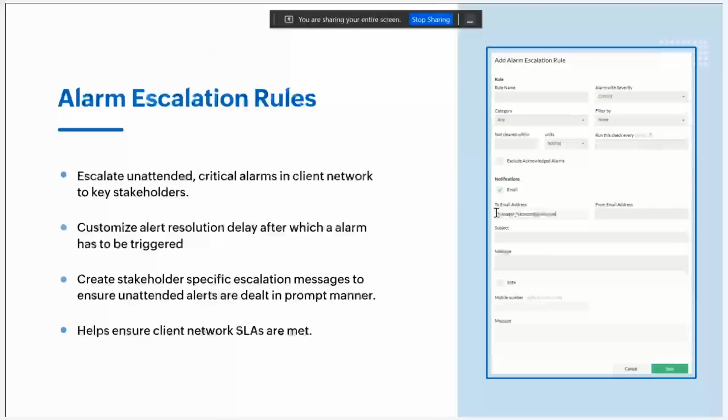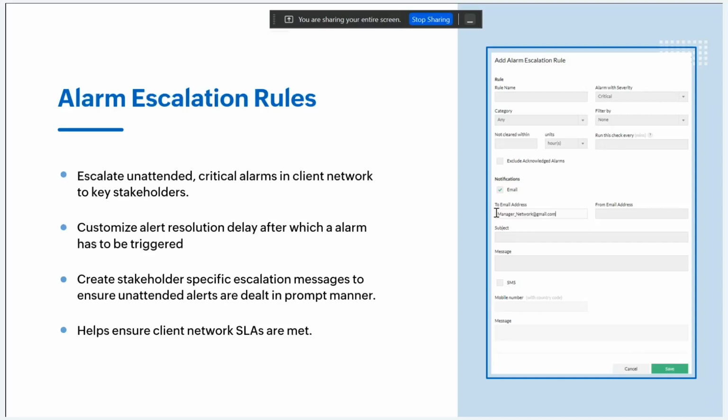We may mistakenly not notice an alarm or prioritize a few alarms over others and miss business critical alarms. So OpManager MSP has an alarm escalation feature for this very purpose, and that also acts as your secondary alert, or can also directly escalate the alerts to the next level so that the device triggering the alarm is addressed promptly. The alarm escalation rule will trigger an alert depending on the settings. So for instance,